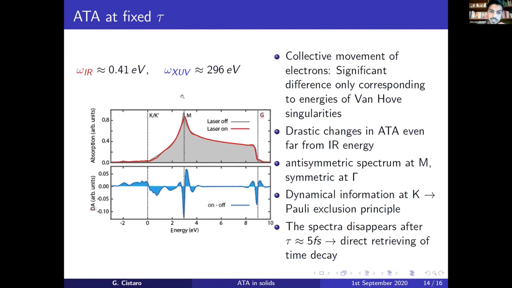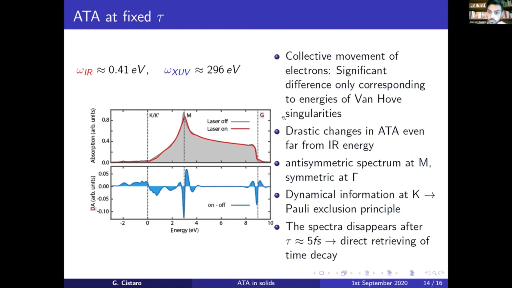So what happens is different at M and gamma, because only with the IR we cannot inject electrons from the valence directly to the conduction band. So these two points are really, there are drastic changes that are really coming from the effects of the electrons coming from the core levels. So what happens is that the electron is promoted from the core band to the conduction and valence band, and then thanks to the IR, this moves in the K space and produces this spectra. And this spectra is not null only corresponding to Van Hove singularities.